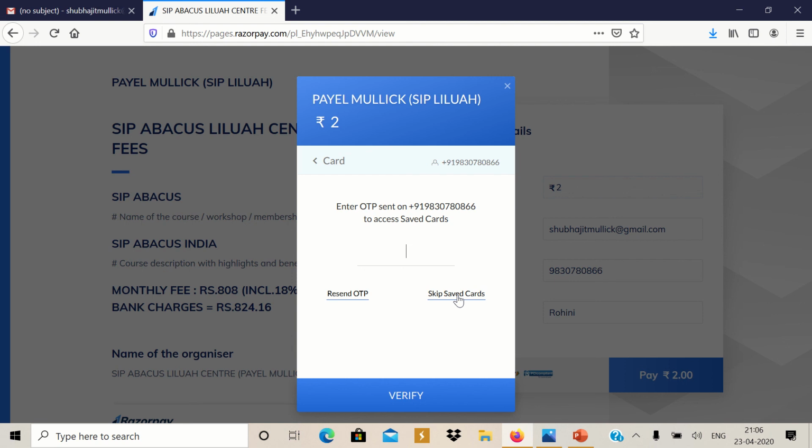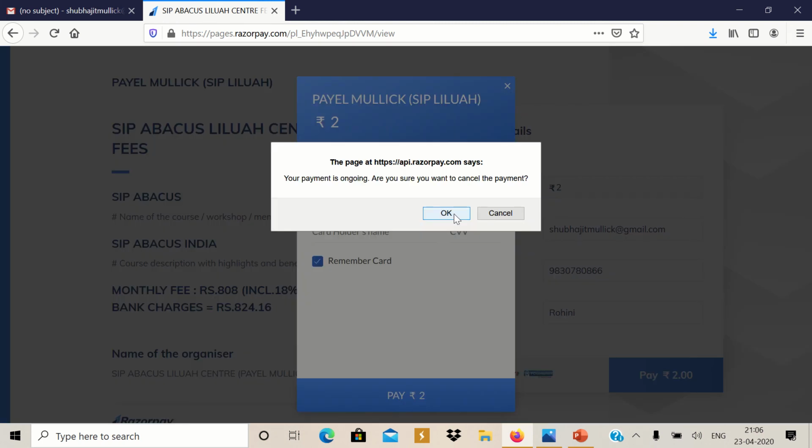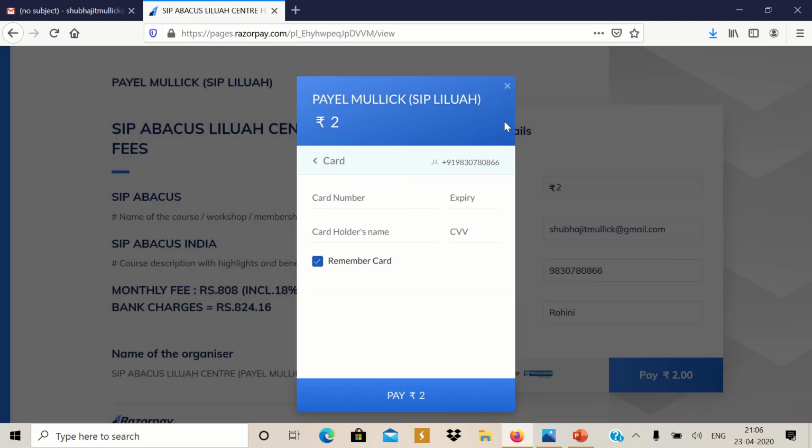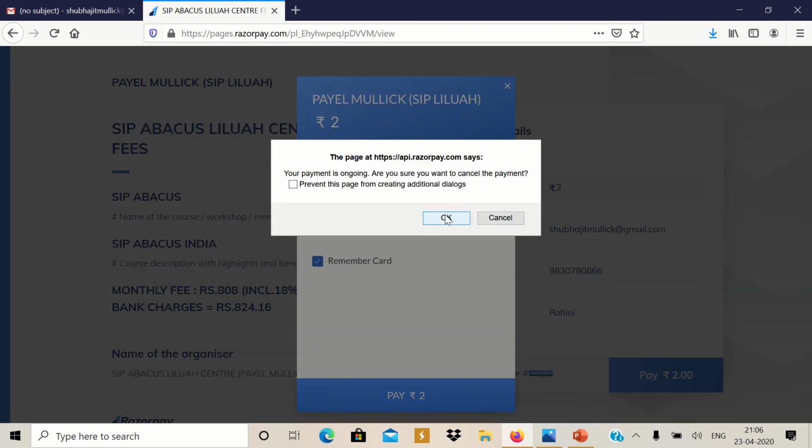I've got this OTP in my mobile. I'm seeing this from my mobile and entering. So the OTP has been automatically accepted. Okay, it's auto acceptance. Now here I put the card number, debit or credit card, expiry date, cardholder name, CVV, like you normally pay, and the payment is done. Once you pay, immediately the customer will get an email, SMS, as well as the screen which they are doing. They will get this payment thing.